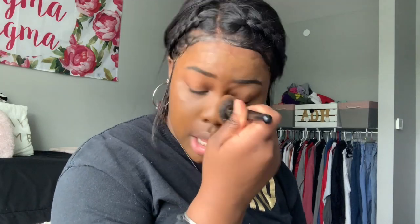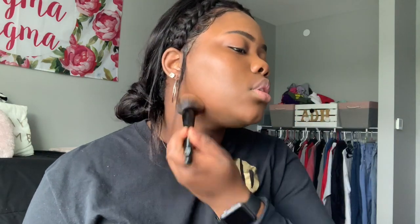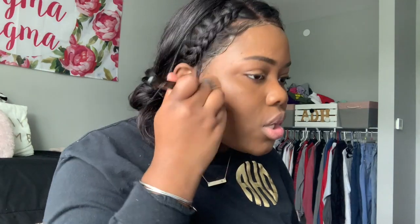Foundation blurring brush, and I just take that and dab and rub all of the foundation in until I am happy with the way that it looks. I always try to make sure that I blend down my neck just so everything looks more smooth. Once I am happy with how much it is blended out,